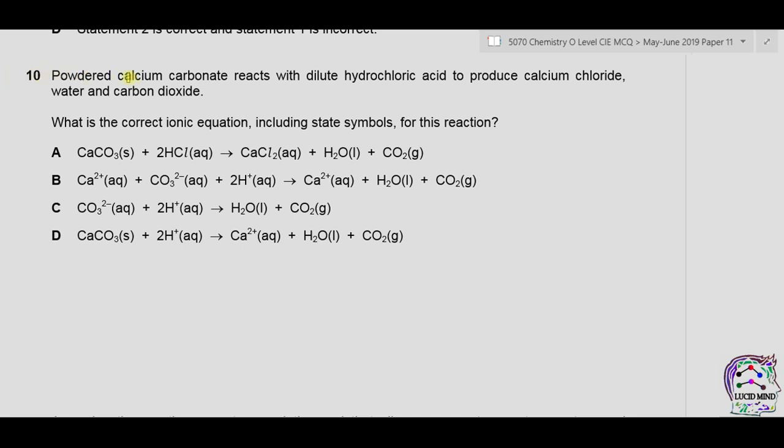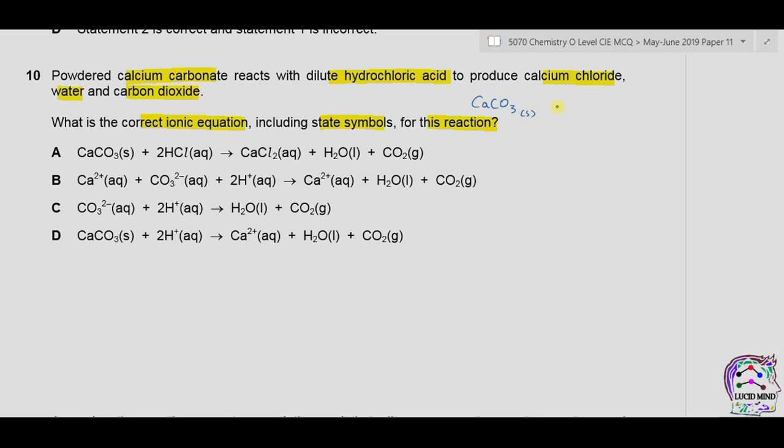Question number 10. Powdered calcium carbonate reacts with dilute hydrochloric acid to produce calcium chloride, water and carbon dioxide. What is the correct ionic equation including state symbols for this reaction? Let's write the equation for this reaction. We have calcium carbonate,